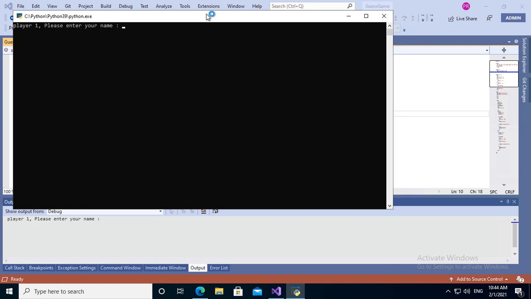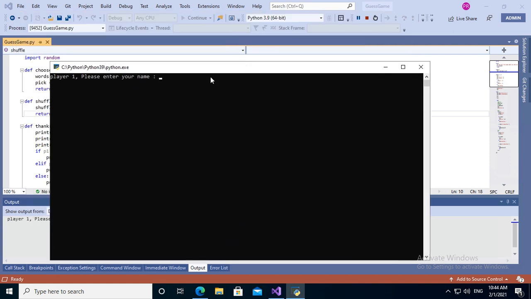So this is it. Let's run it so that we can see how it is working. It is asking for player 1's name, please enter your name. Let's say ABC. Player 2 name, XYZ. Guess the word. This is the shuffled word actually. ABC, your turn, the first player's turn. Let's say water. It could be water. Yeah, it is correct. Then my score is increased by 1, and it is asking press 1 to continue, press 0 to quit. I am pressing 1.